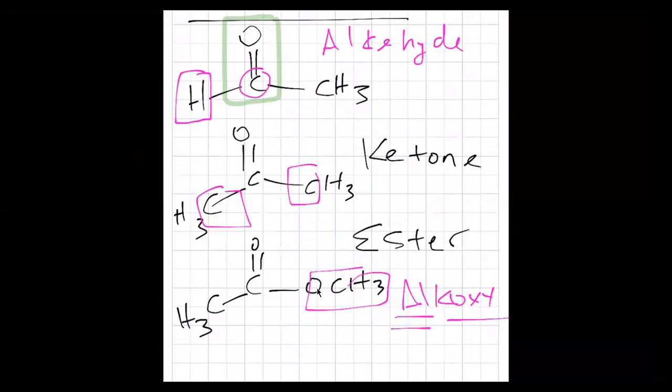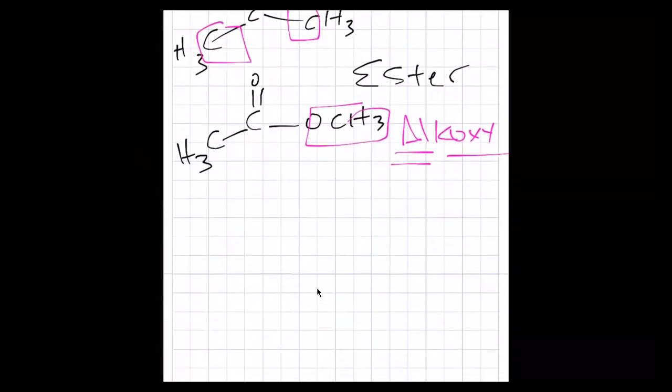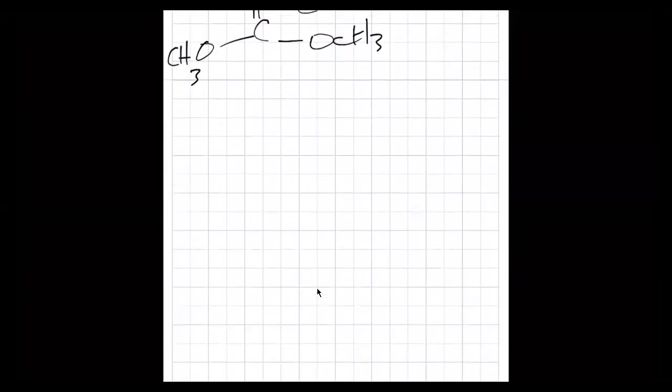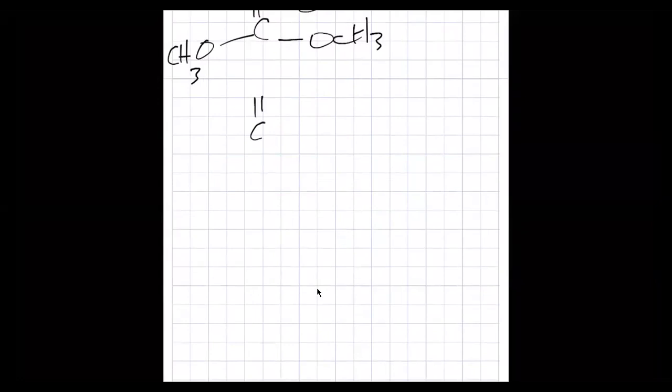And then let me add another one in. So here's my carbonyl, and then this is OCH3, and then CH3, right? This is what we call a carbonate, right? And then you have... right? Notice the carbonyl right here. The difference between this